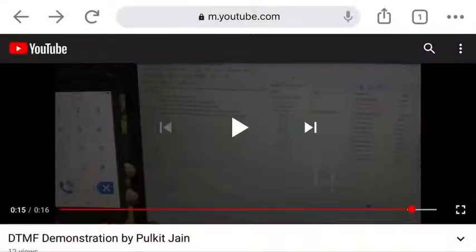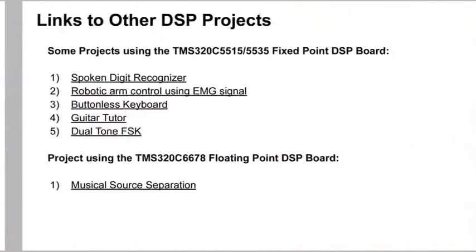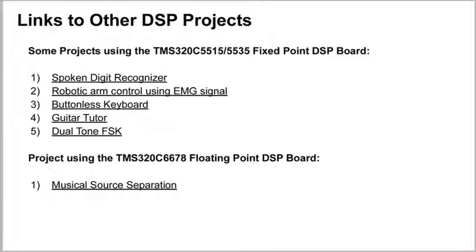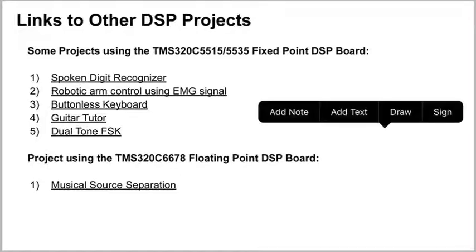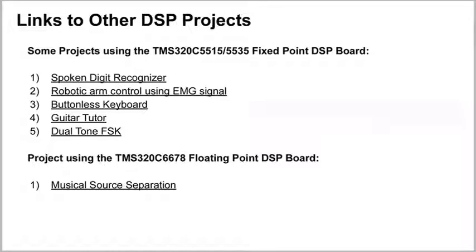Apart from this, here is a link for some of the other DSP projects. These links are provided in the content uploaded on the Moodle page. So this was one of the projects that we at ARIES developed, the spoken digit recognizer. It basically identifies digits between 0 to 9. We have just set 0 to 6 in it, based upon what you speak.